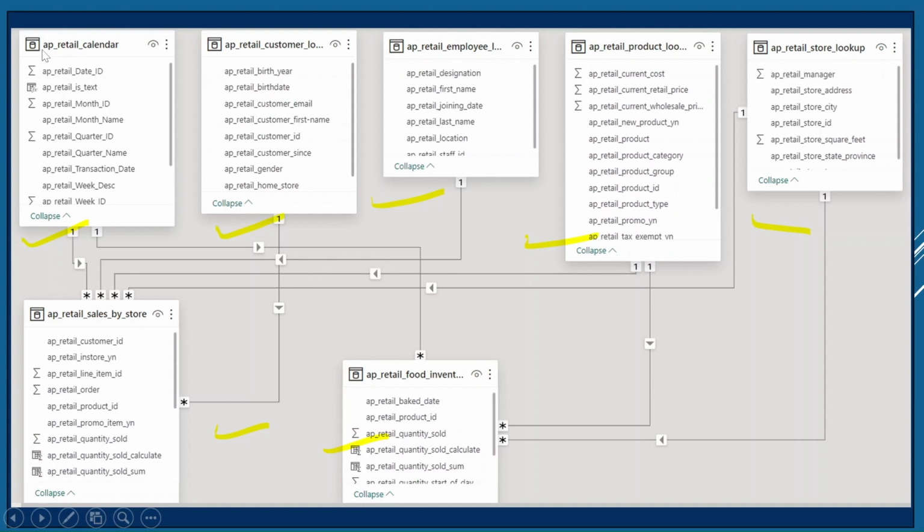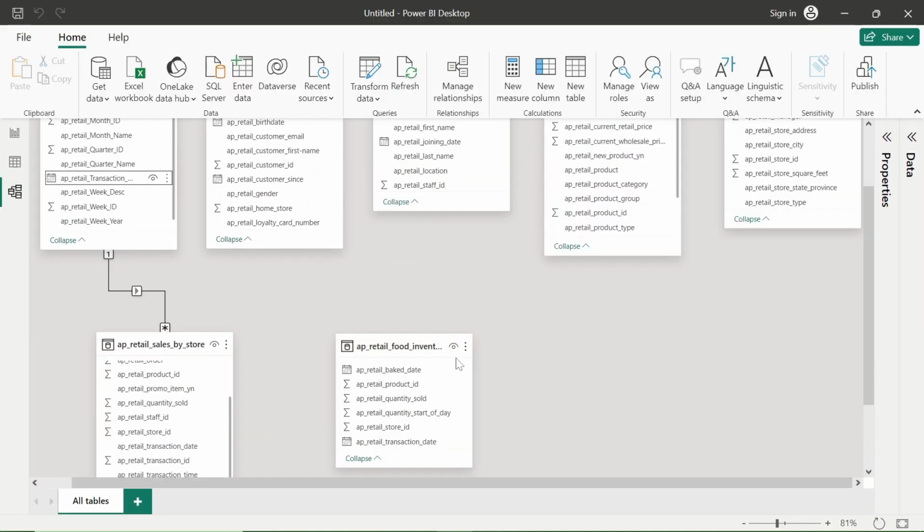Let me create the relationship between AP retail calendar and AP retail food inventory. Let's discuss the AP food inventory. AP food inventory also has a column known as AP retail transaction date, because this food inventory stores the data related to the inventory.